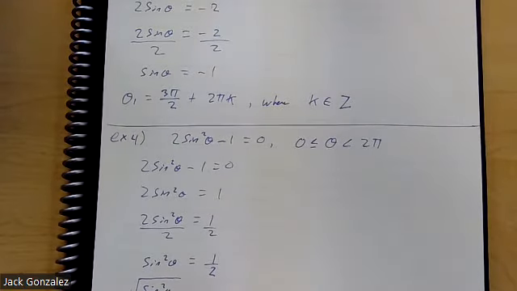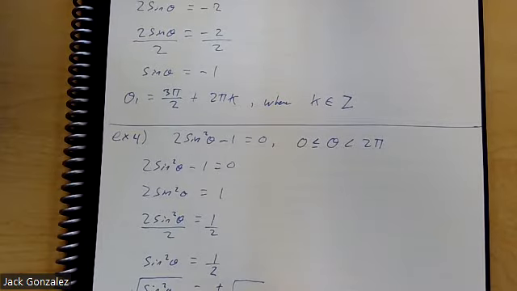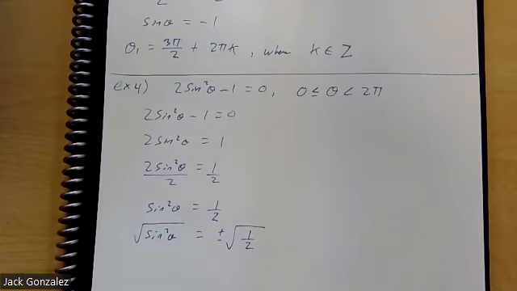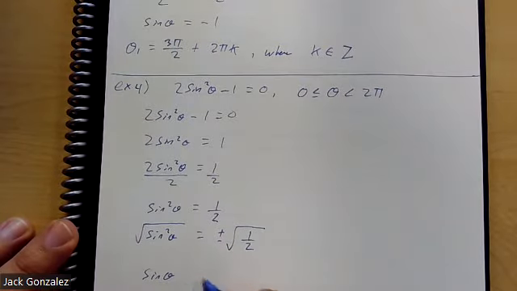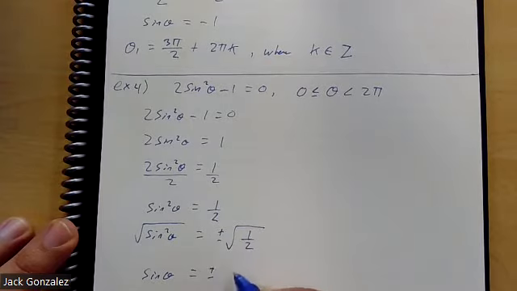Every single time we put the plus or minus. So now that we have a plus or a minus, you're going to have twice the number of solutions, right? Should be four angles. So this right here will become sine equal to plus or minus square root of 1